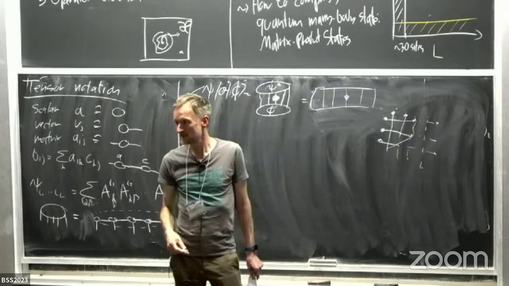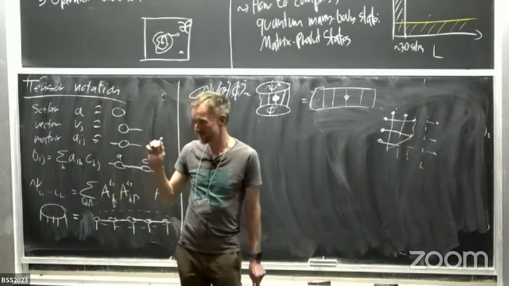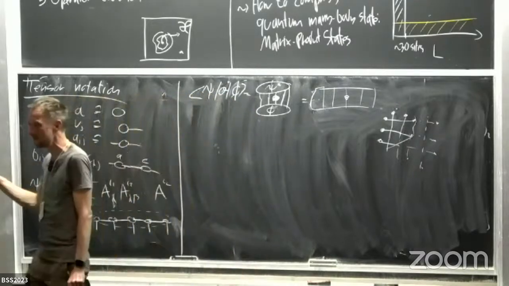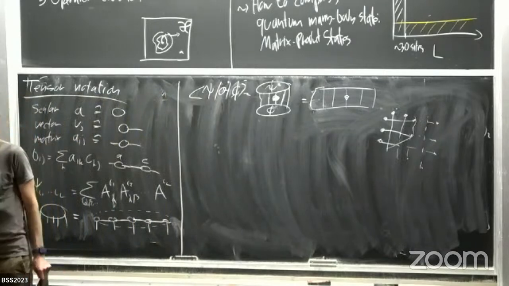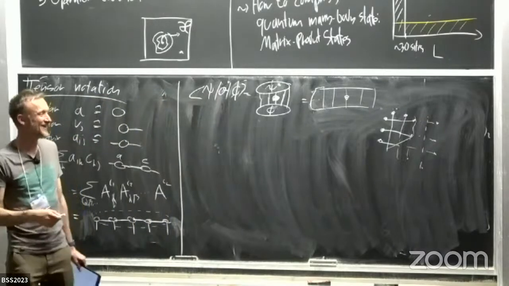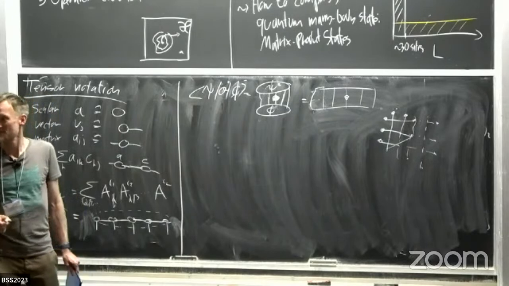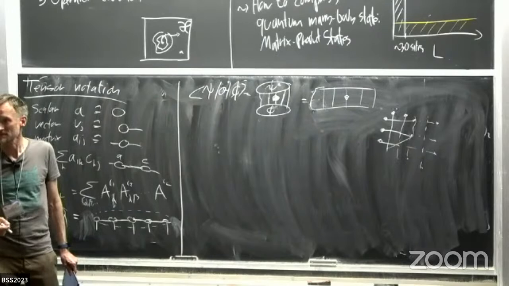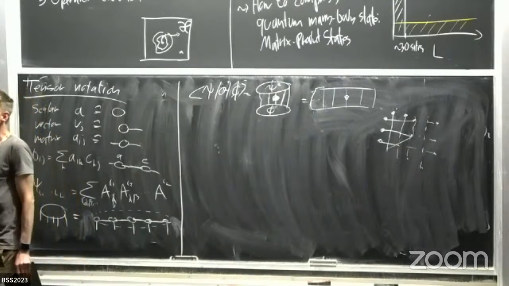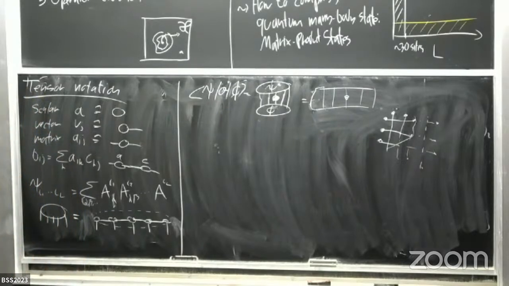In the area, yes. There's some exponential. It's not as bad as exponential in the volume, but it's exponential in the area, and that's already bad for us. But in that sense it's not different from that. Well, but what MPS do is basically reduce your 1D problem to a 0-dimensional problem. And that we know how to solve.